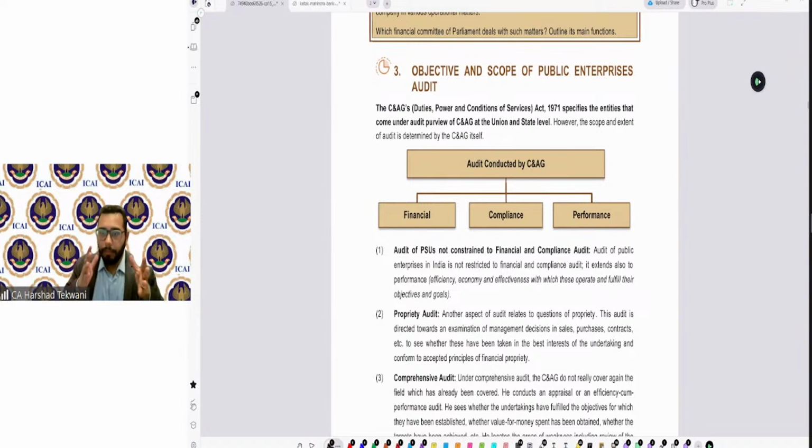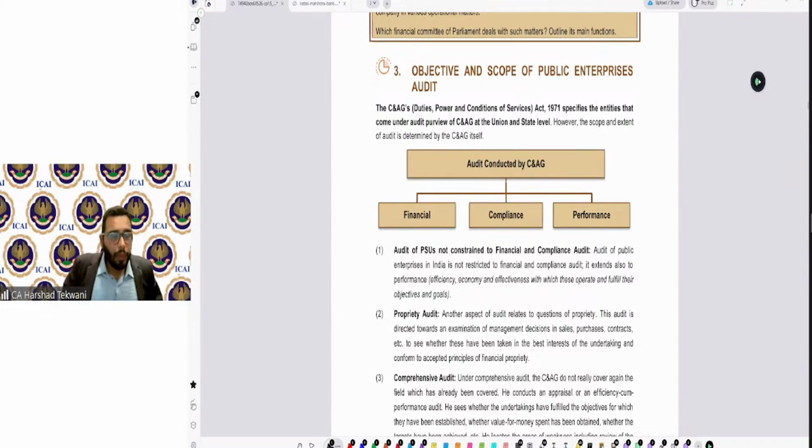Now, as I told you, you understood the first part. Where is your report going? Who will be the stakeholders of your report, who will be looking after whatever work you do as an auditor? The second part is the type of engagement. Remember, I told you there are two things you need to understand. One, where your report is going. Number two, what is the type of engagement that you are involved in?